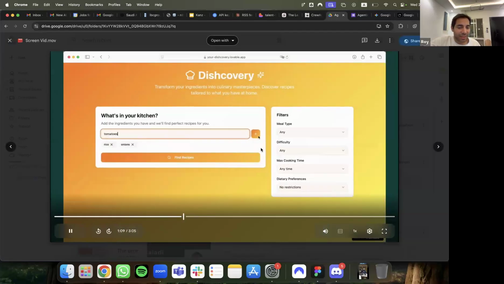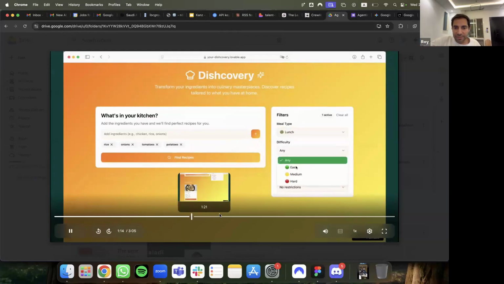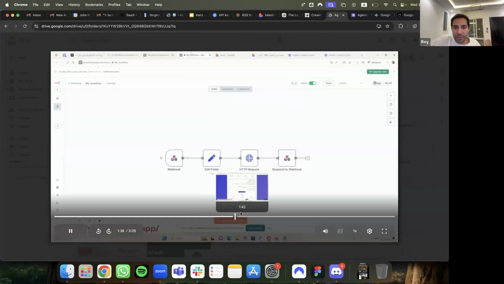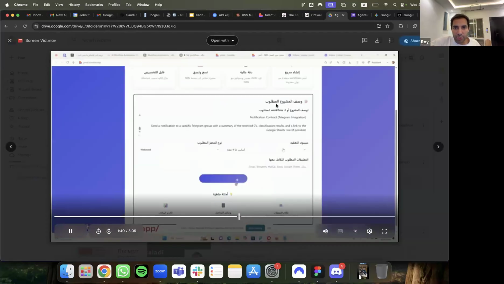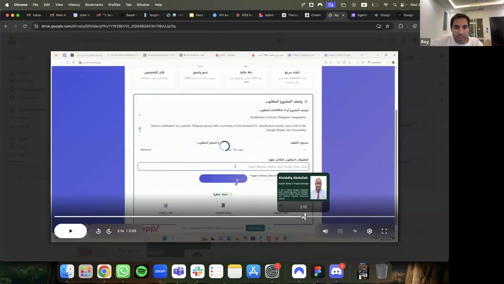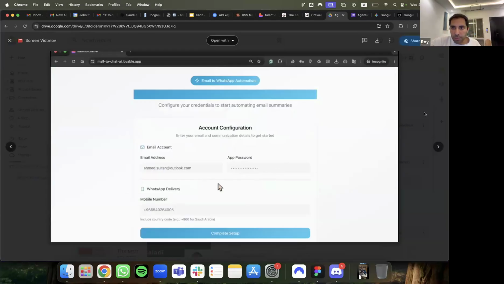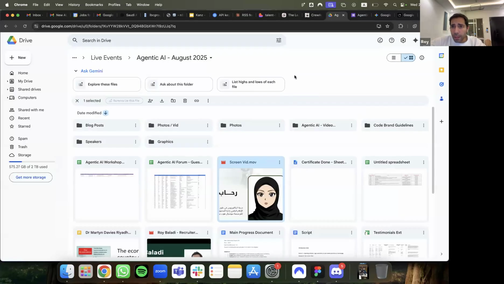And then you tell it, make a meal for me, and it'll make a meal. Here's what Muhammad Ibrahim did. And he just created his workflow for the project needed. How to build workflows, that's what Abdullah did. And he built a marketing tool. So this is going to allow us to accompany you in building what you want to build.